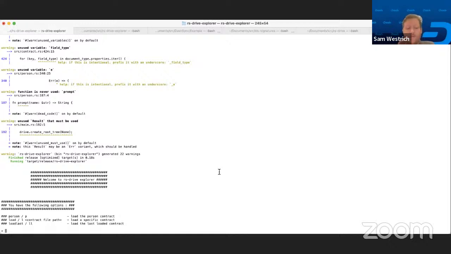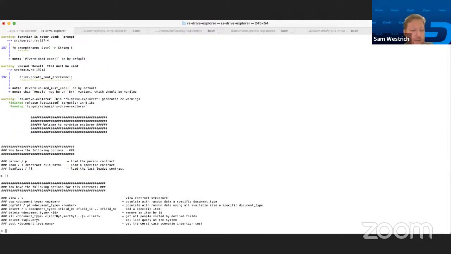But now another cool feature is that you can load any contract. So people in Incubator that are making a contract can load it right now and figure out the worst case scenario fees for the contract, and a lot of other goodies in terms of insertion time. So instead of loading one, I'm just going to do load last. And this actually is preloaded with the DashPay contract because the last one I loaded was the DashPay contract. So press load last.